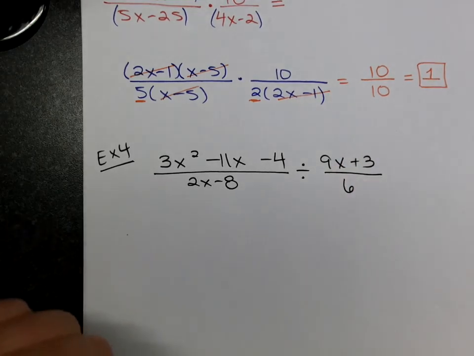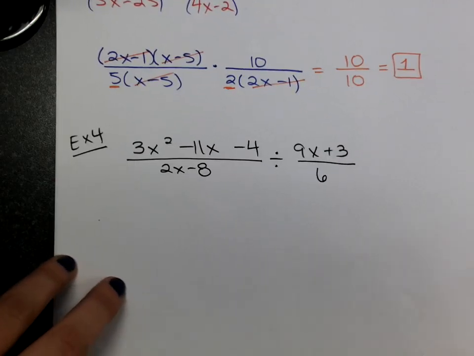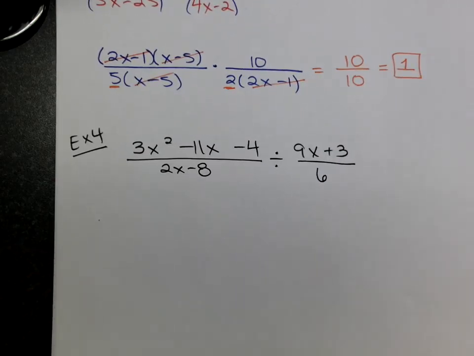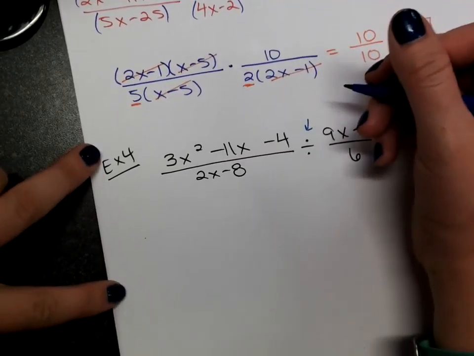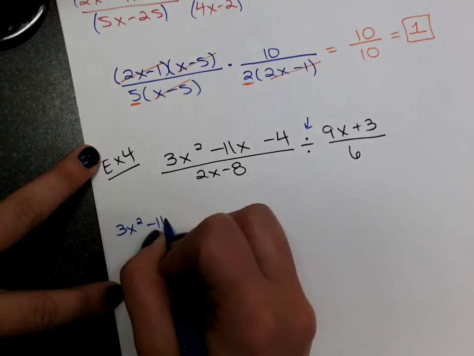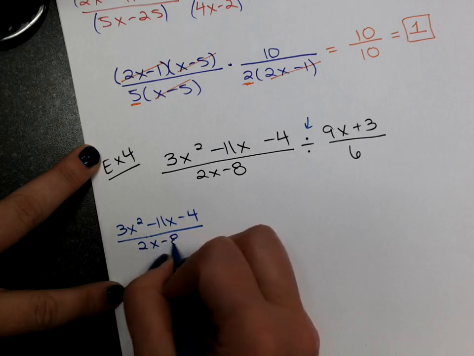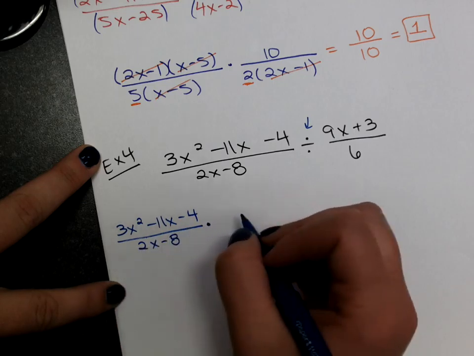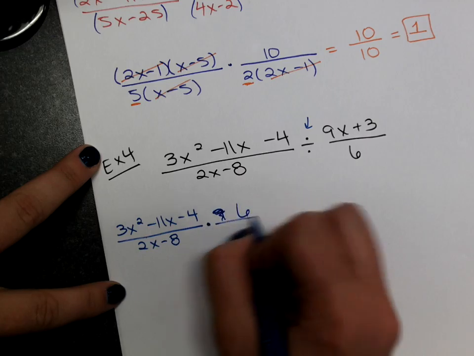Again, I would pause the video, see if you can work it out, and then play back the video to see how you did. So you want to look in the middle, look for that division sign. Once you see the division sign, we're going to keep, change, flip. So we have 3x squared minus 11x minus 4 over 2x minus 8. Nothing changes there. I'm going to change the division to multiplication, and then flip the second